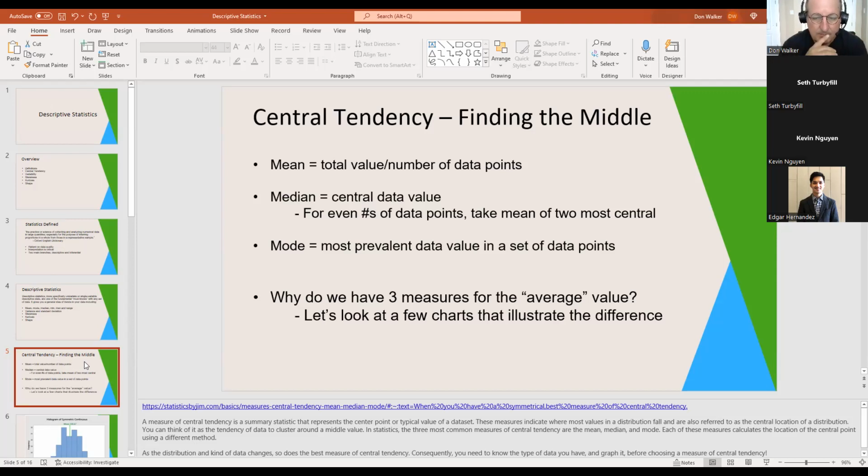So sometimes median is more useful, and mode is used most generally in categorical data,